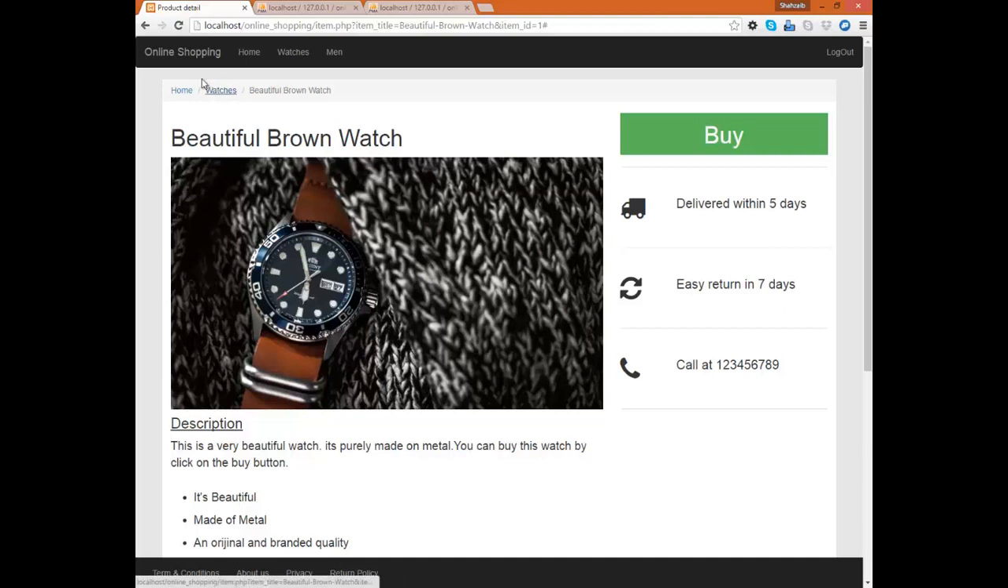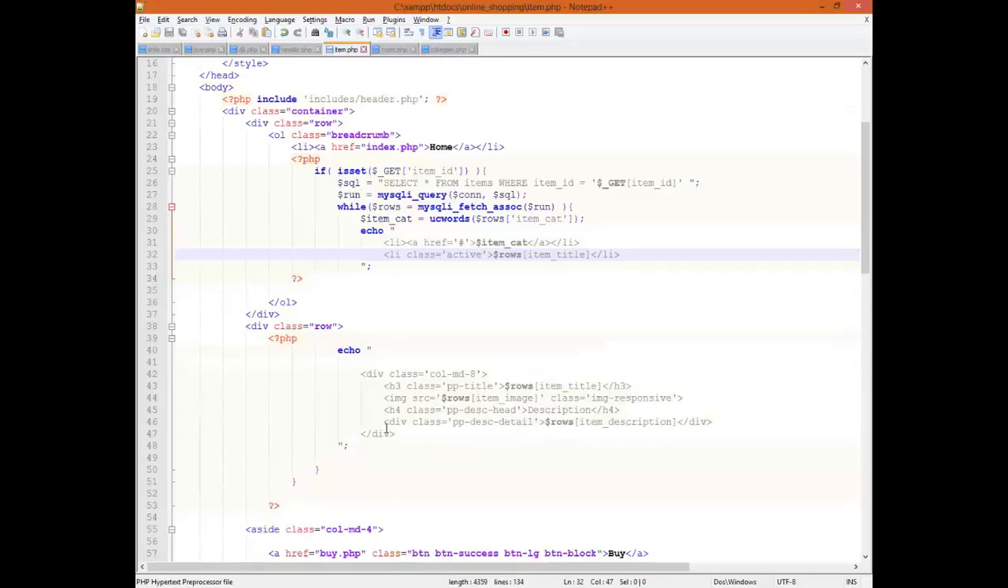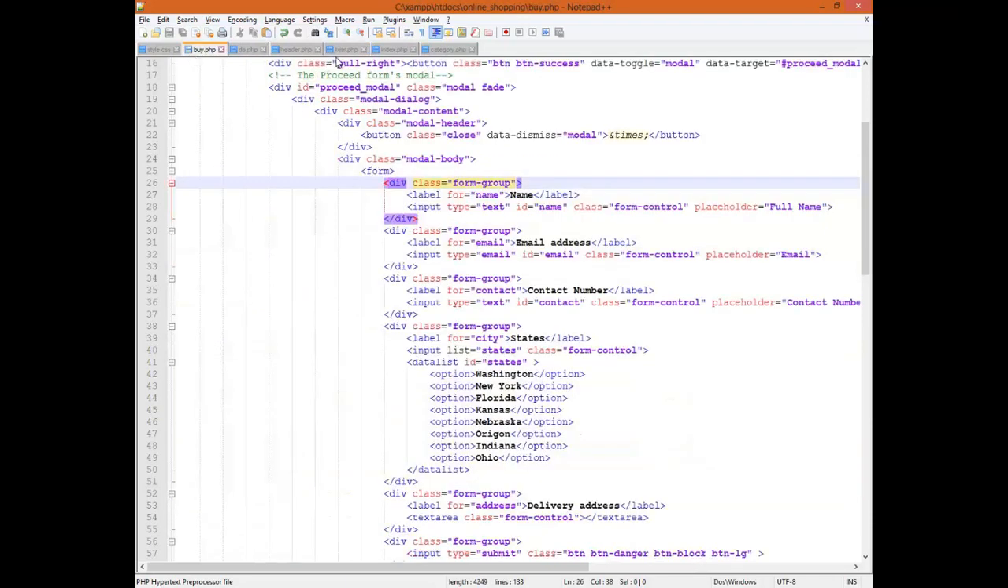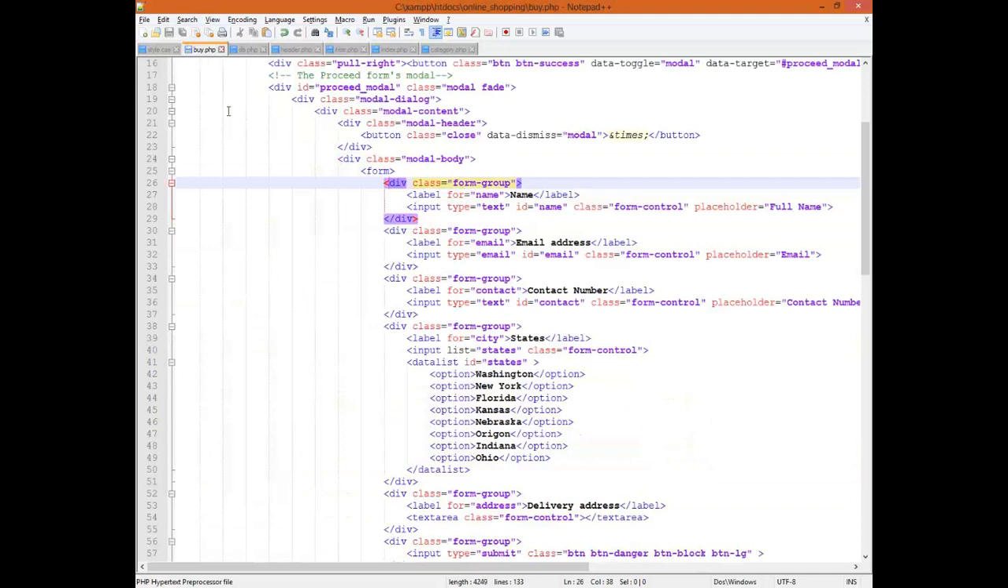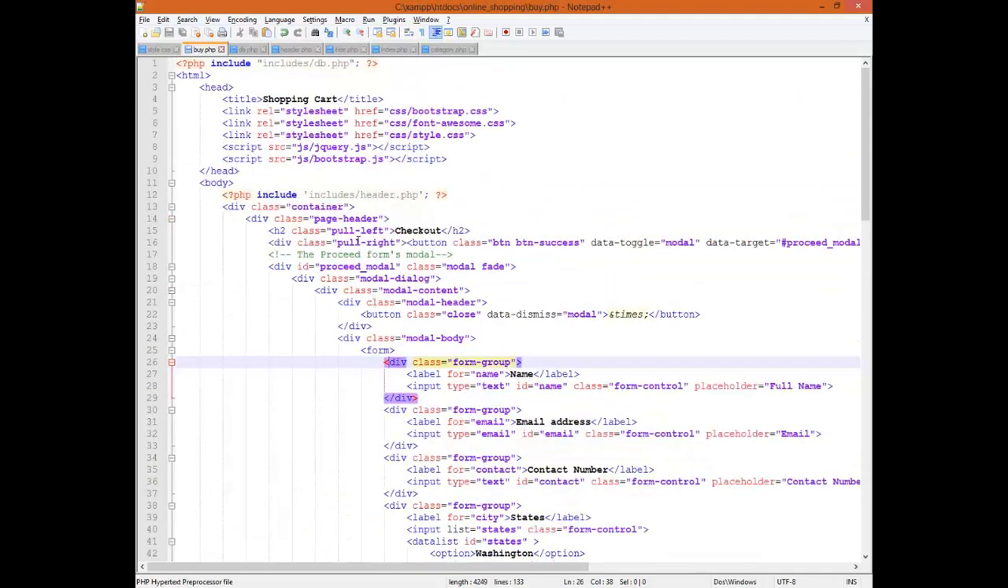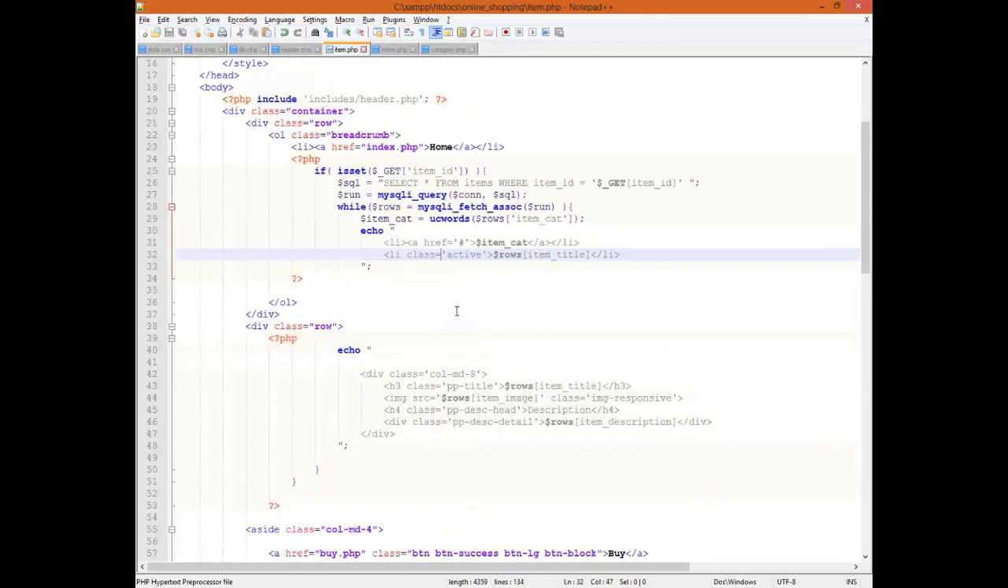So go to the notepad, and here in the category.php, oh no, sorry, in the item.php, yep, in the item.php. We have to apply the same coding in the buy.php as well, because it has the breadcrumb too, I think. But they don't have breadcrumbs. Sorry about that. So now the second step I need to do is,